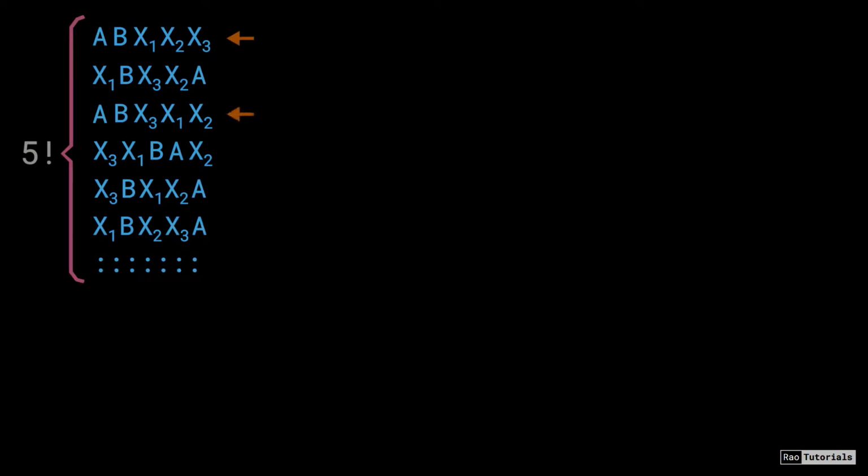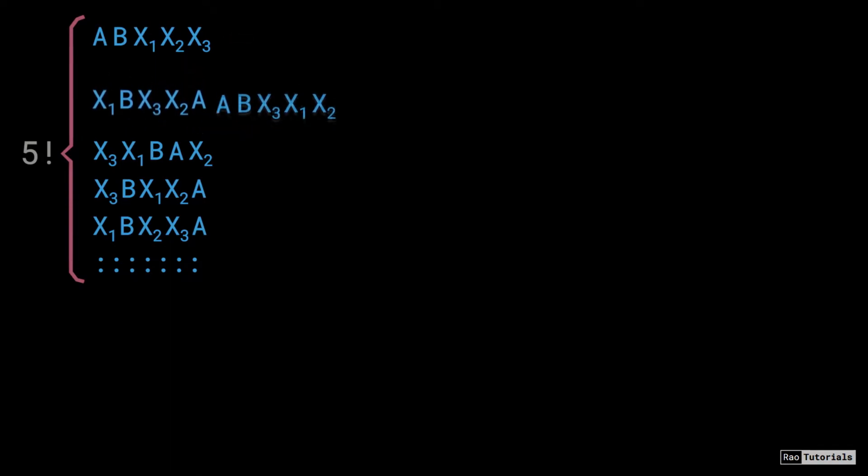Now observe the first and third entry. In these entries, A and B are at the same place while x1, x2 and x3 have arranged among themselves, which we can see only because of their subscripts. If we remove the subscripts, then we will not be able to tell the difference as they look the same.